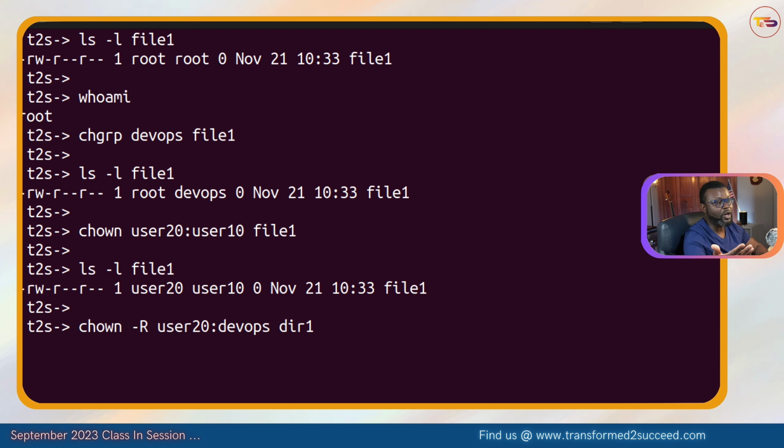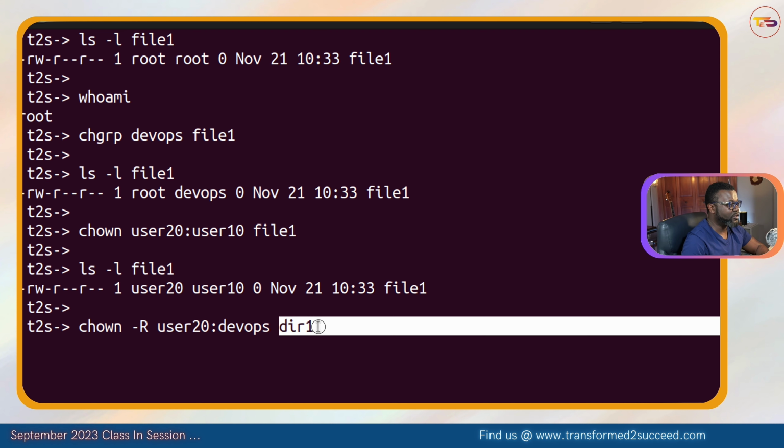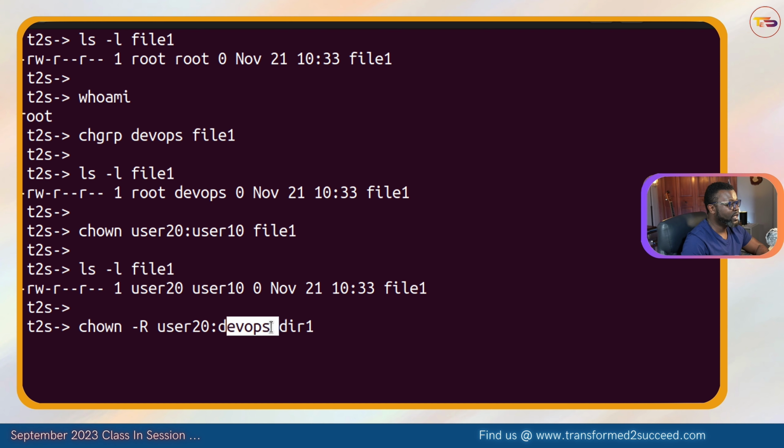This directory dir1 will belong to this group, and the owner will be user20. So when you press enter, and then if you want to verify,